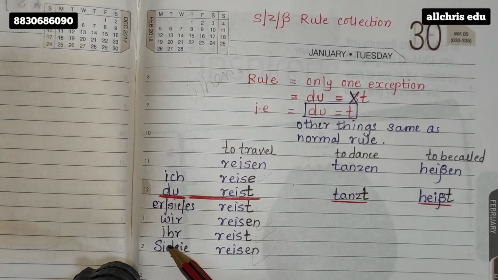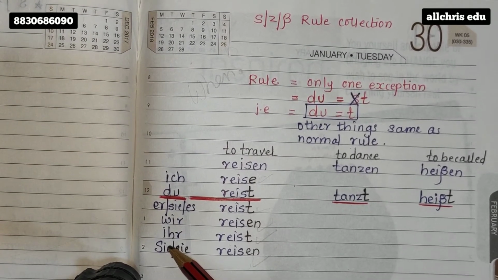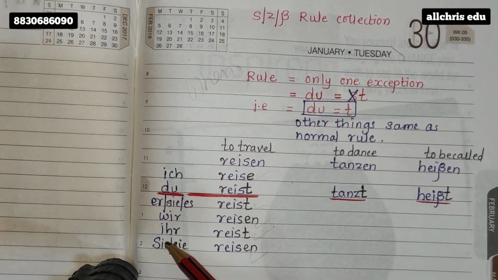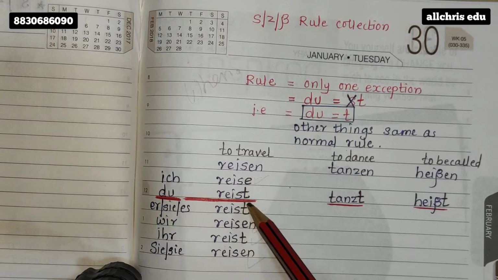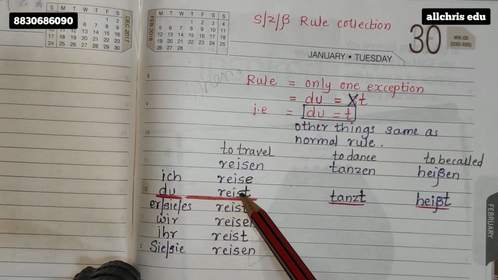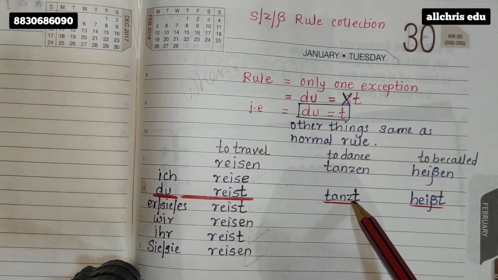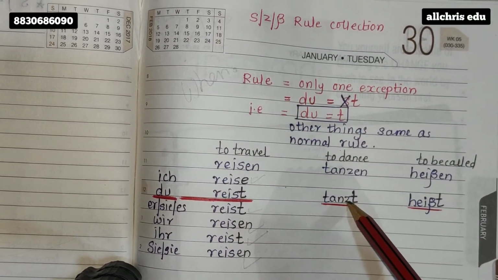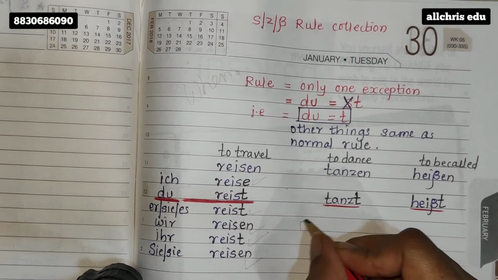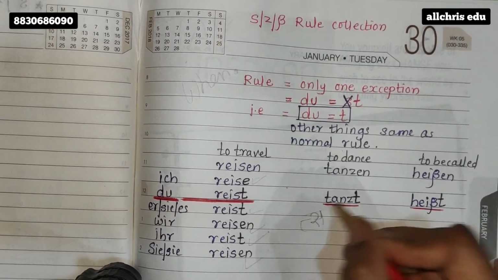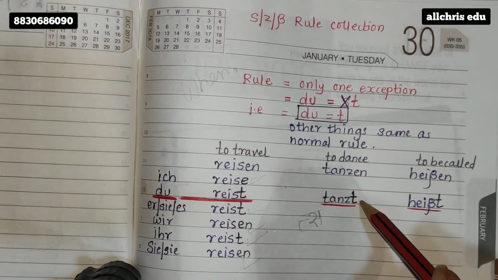Why? Because du is a little different from the normal rule. In the normal rule, we used to end with ST. But here, we are not supposed to end with ST. Only T you have to put at the end, because the stem itself has an S. So why put a double S? Here you will see, here S is not there, then why are we not putting ST? Because Z in German is nothing but half T and half S. So it is a little sound of S only. So don't put S over here, only T.